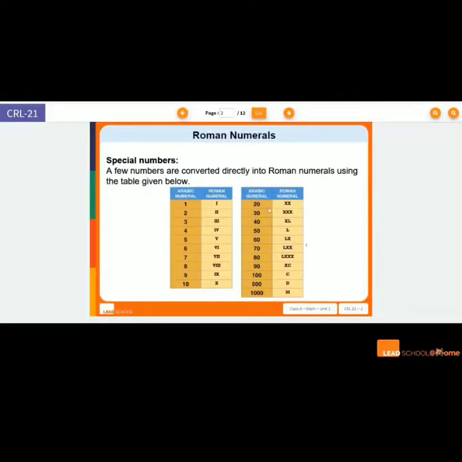You see how 20 is shown as double X, 30 is shown as triple X, but when it comes to 40, instead of using X 4 times, they write X and L next to it. How and why, we will get to it, don't worry. Right now, just copy this. I hope all of you can see this. This is X, this is L, LX, XC, C, D, M. This is V.